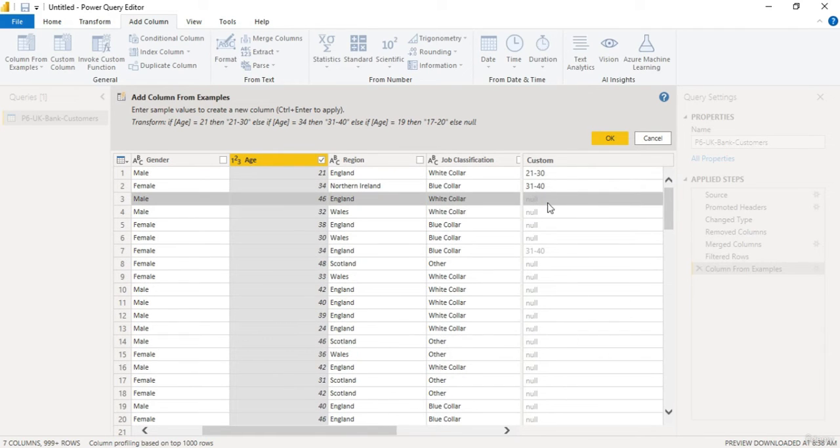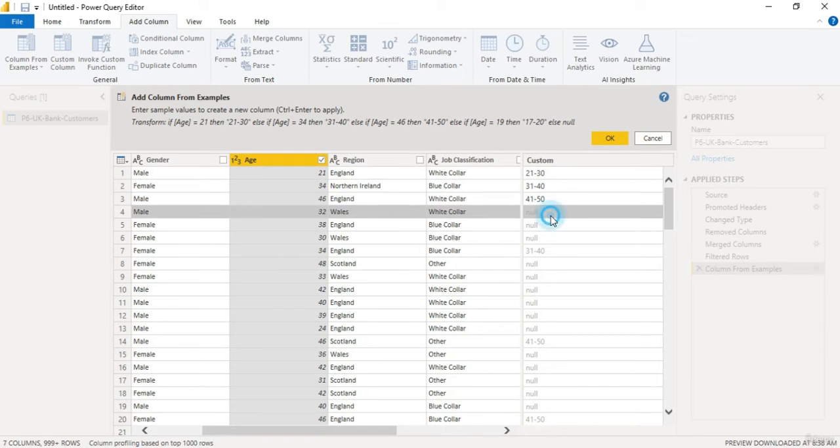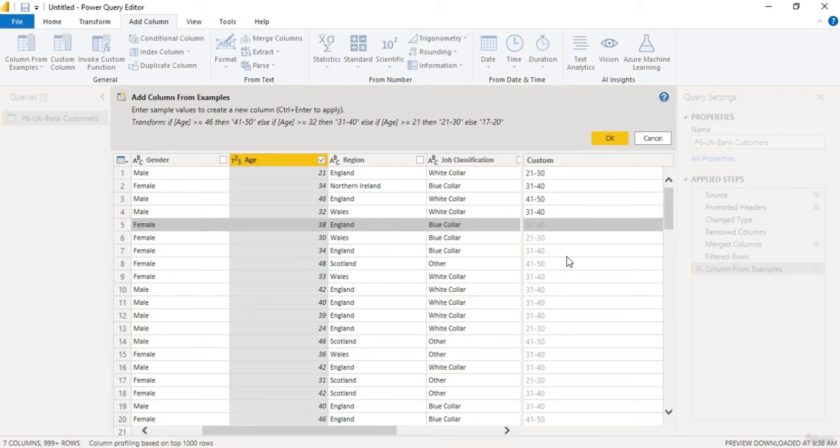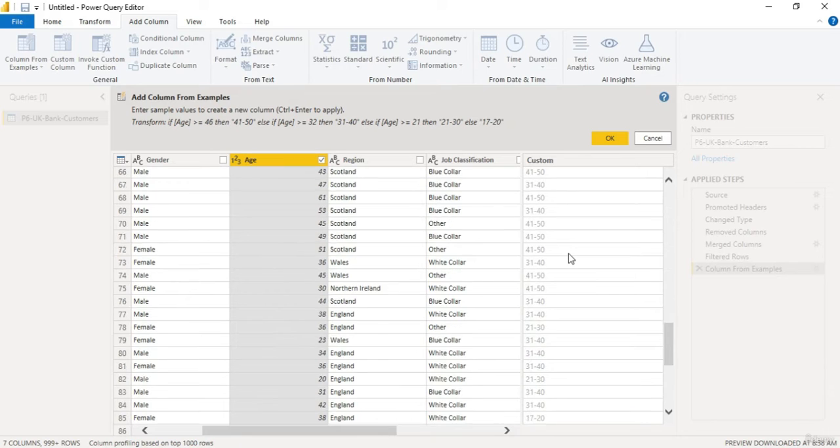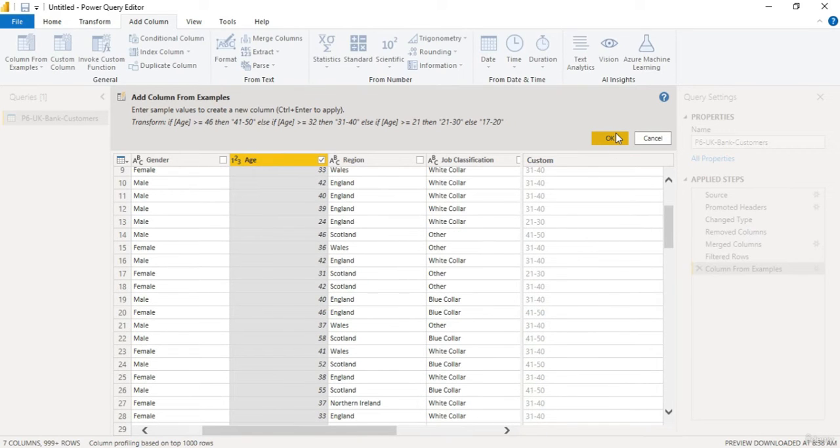Okay, as soon as we did the change, it is giving us some kind of a problem, so we can just provide some more sample values for it to recognize the values, right? If it is 31, 32, so again it's going to be 31 to 40, just like this. Okay, now it has taken all the values into account and we are happy with it. We can just click on OK,